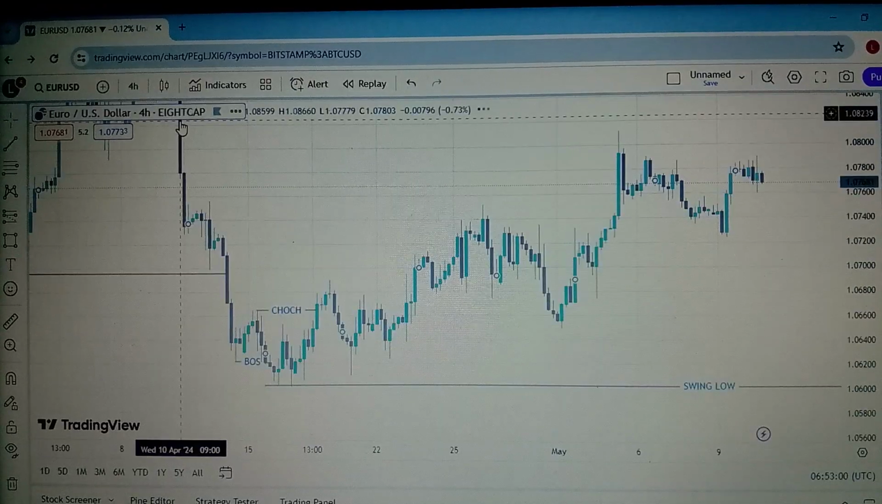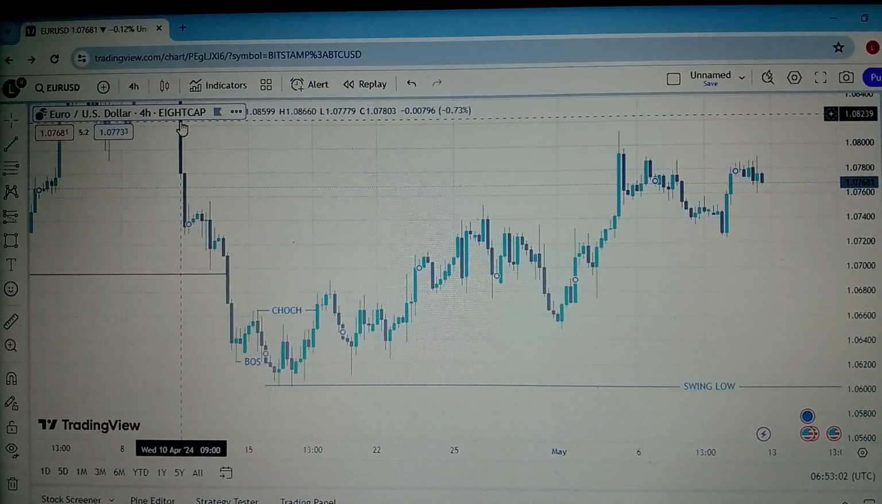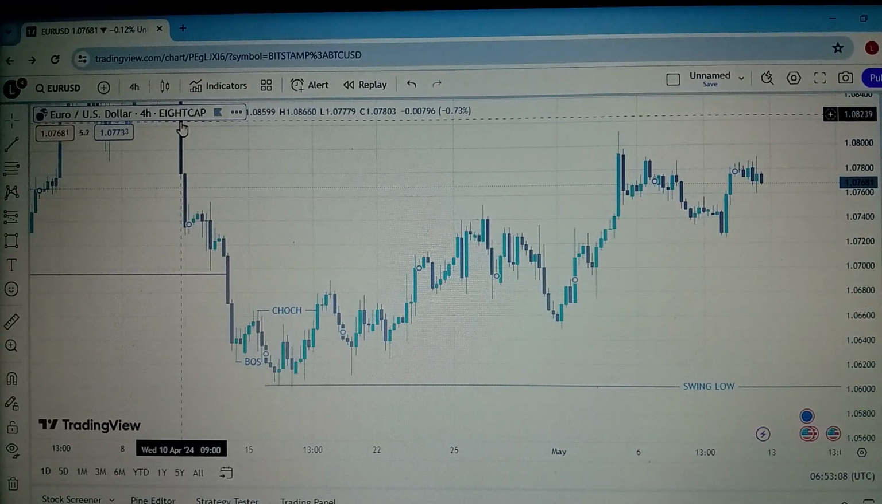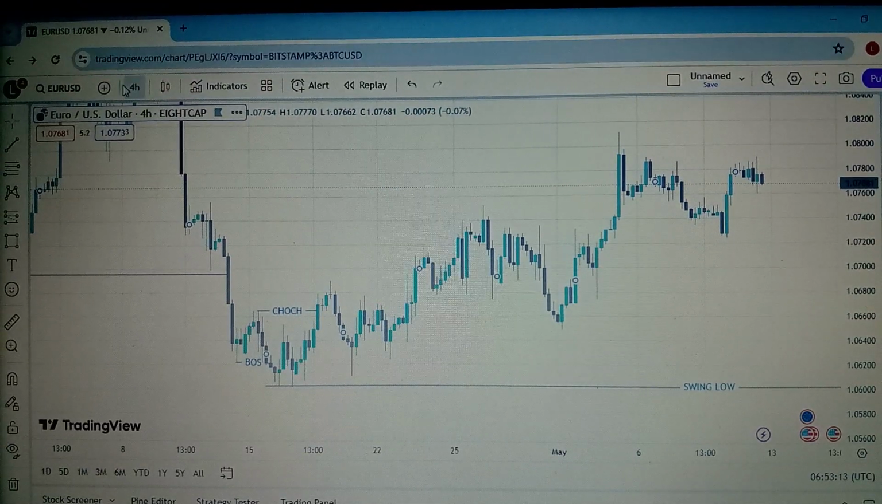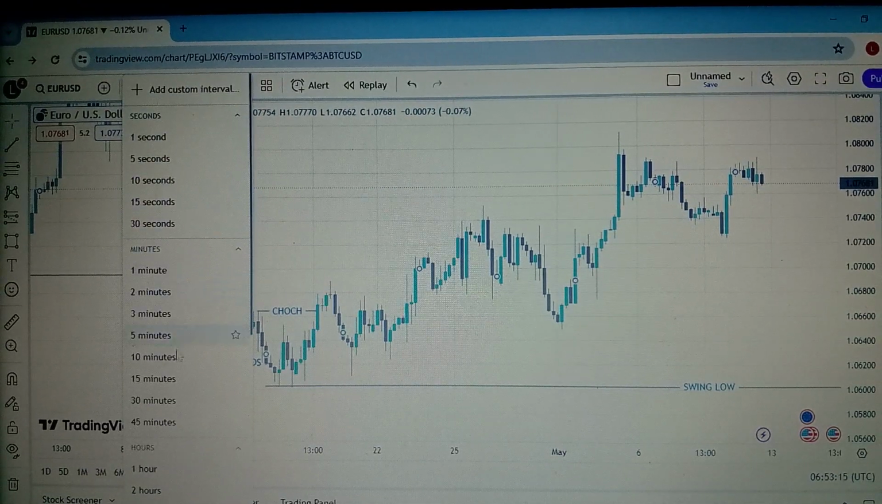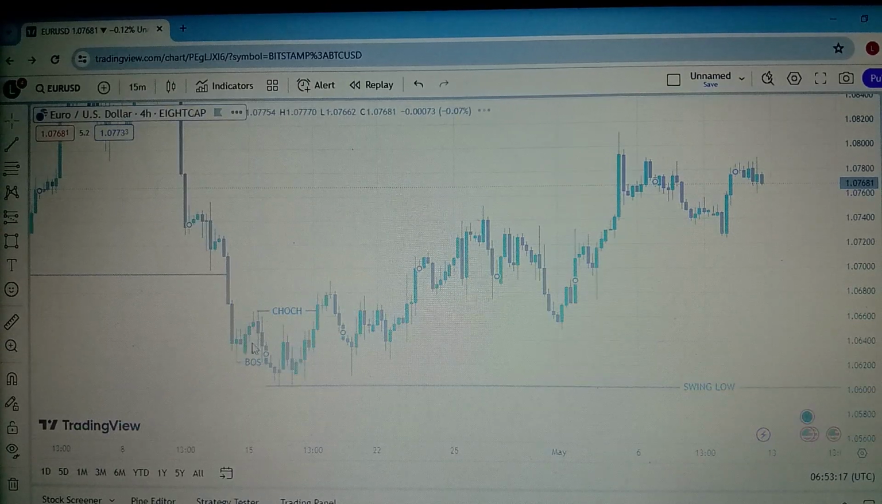So I'm going to just drop down to the 15-minute time frame, and I want to show you what I saw. So okay, on the 4 hours we have a break of structure, change of character. I dropped down to the 15-minute time frame, and what I saw is that